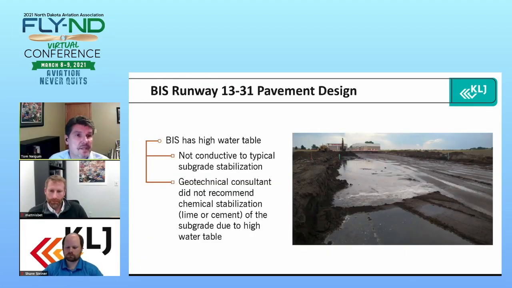Okay, second piece I wanted to talk about is the runway 13/31 pavement design. So really with Bismarck's pavement, we were trying to do limited frost protection, which is basically 65% of the frost depth at the Bismarck Airport. So frost depth is about 6 feet. So 65% of that, we were trying to get a pavement section that is 47 inches in depth. So when you're digging a pavement section in that's essentially 4 feet deep,